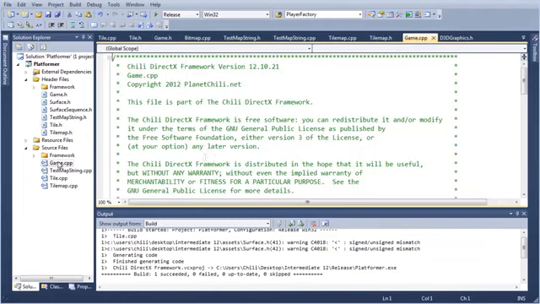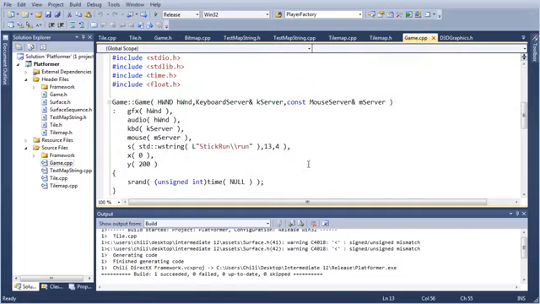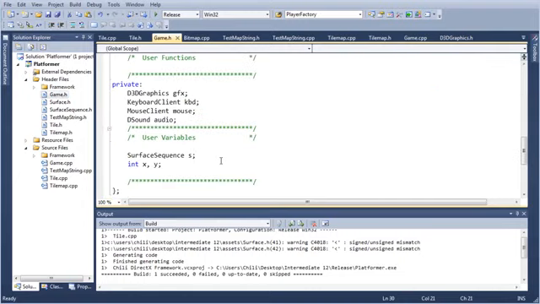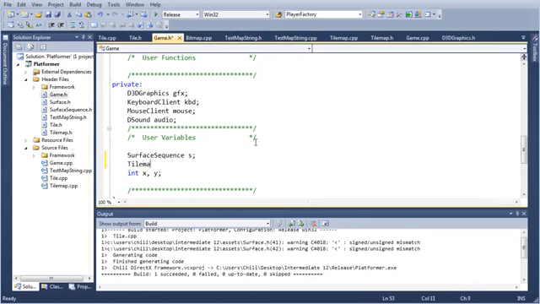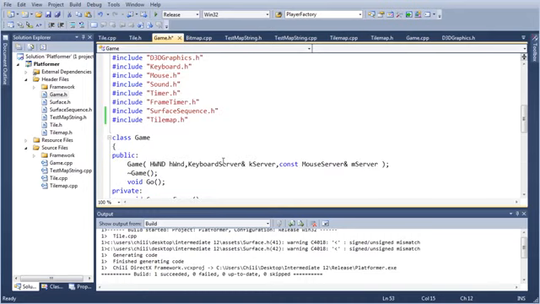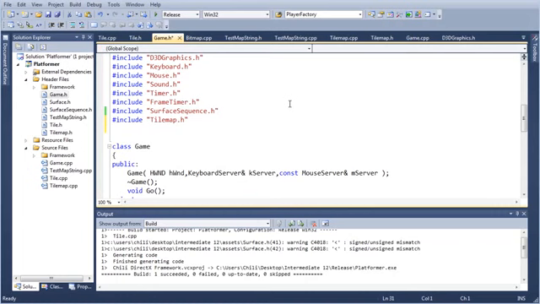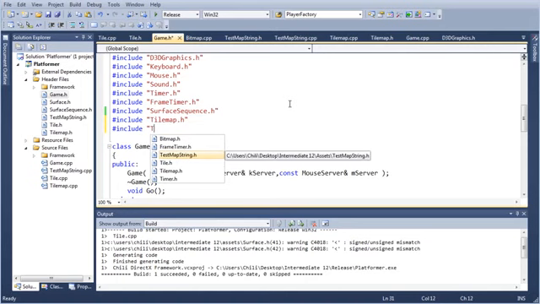Let's go for game.h. And we're going to add a tile map in here. Surface sequence tile map T. And we're going to include in here tile test map string.